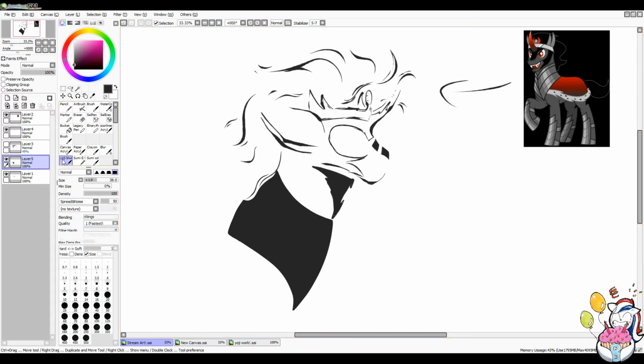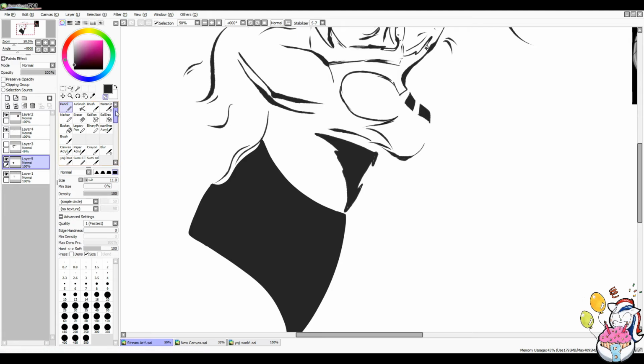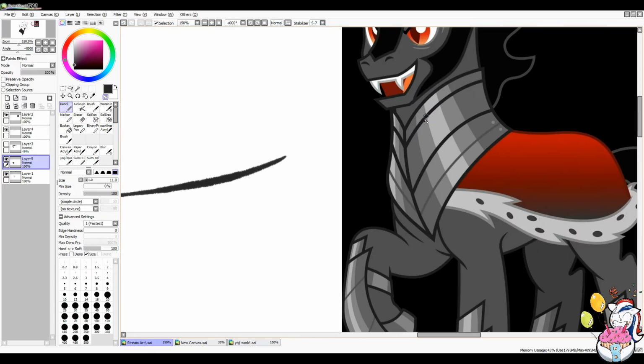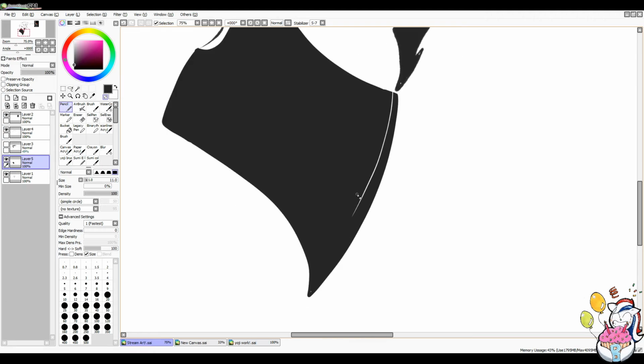However, now we've got this black formed piece, now we can work on detailing it. And the thing to do with the detailing is go back to your pencil or eraser, whatever you use, and put it onto that transparent button on the side, or however you make your own stylized eraser brush. And because it has these lines here, we can form those lines by just slowly pressing into it here, to get that formation. And it doesn't matter how clean you want to be; despite saying how to make it clean, you can also make it messy as well